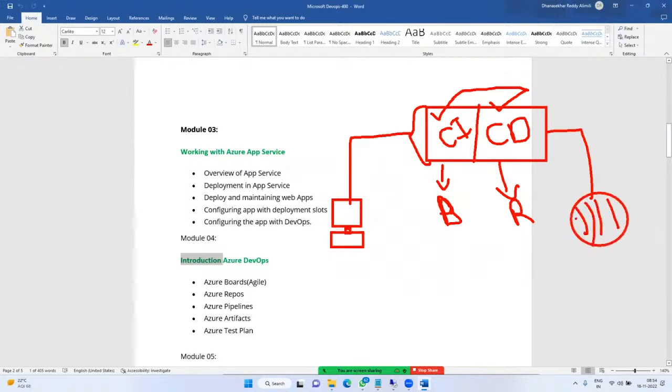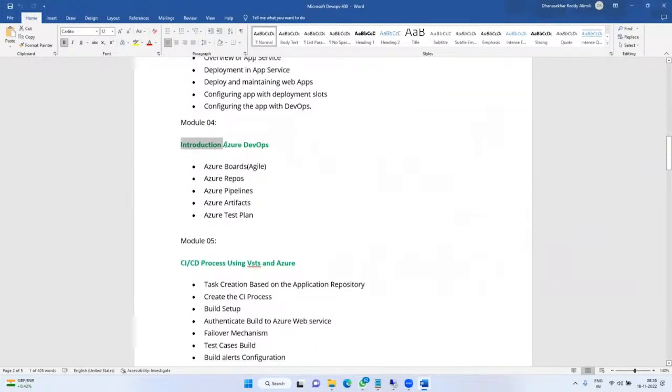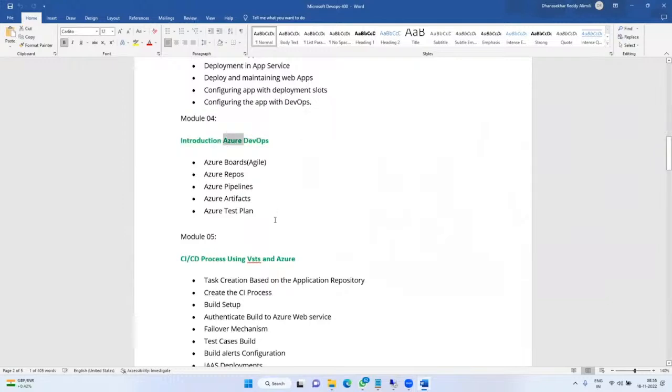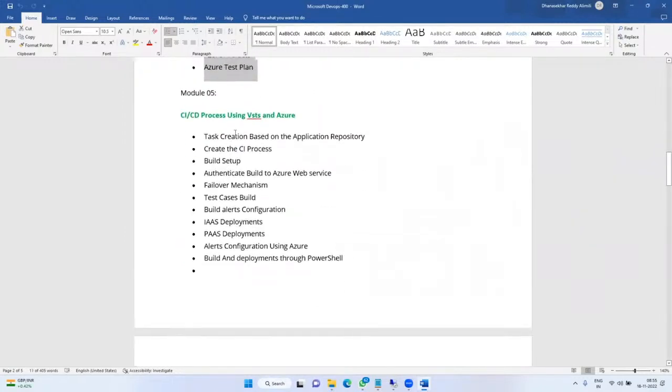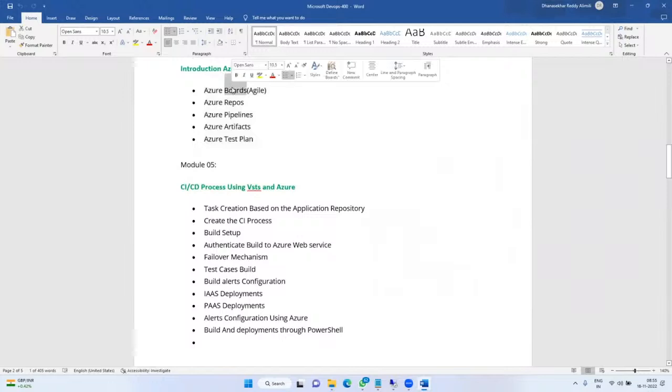Only two sources. Your application may be running on a virtual machine or app services. This is the PaaS, this is the IaaS. So this is the module for Azure DevOps components. What are Azure Boards? That is total Agile methodology.